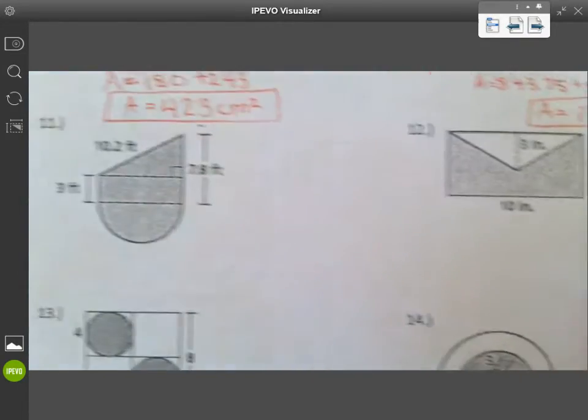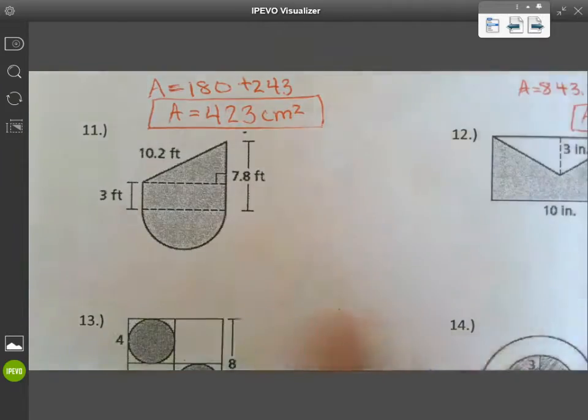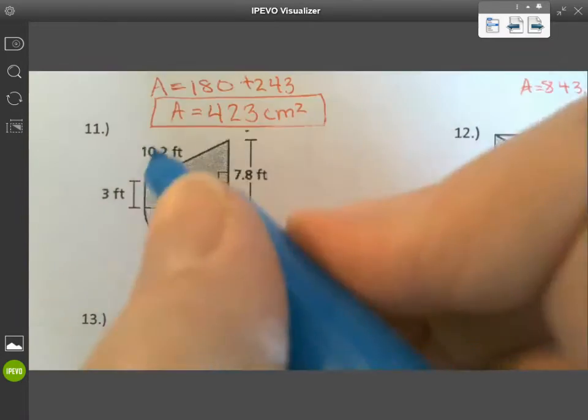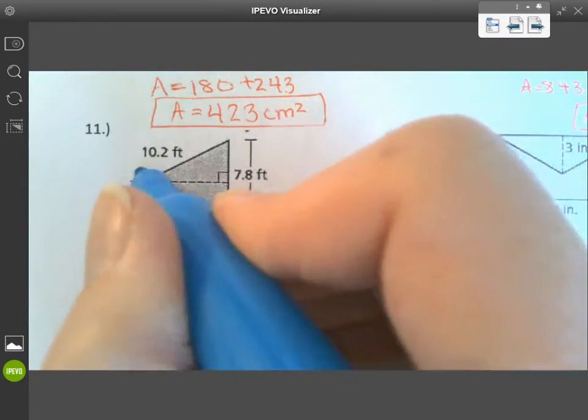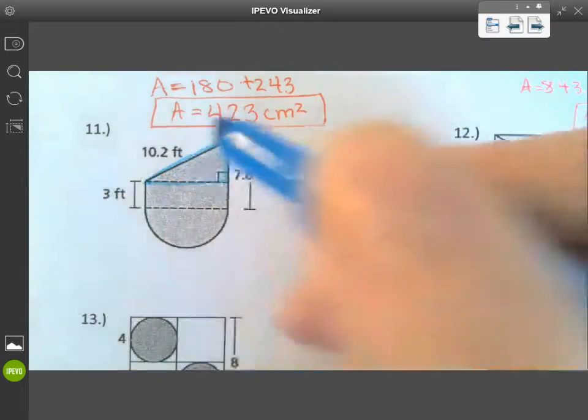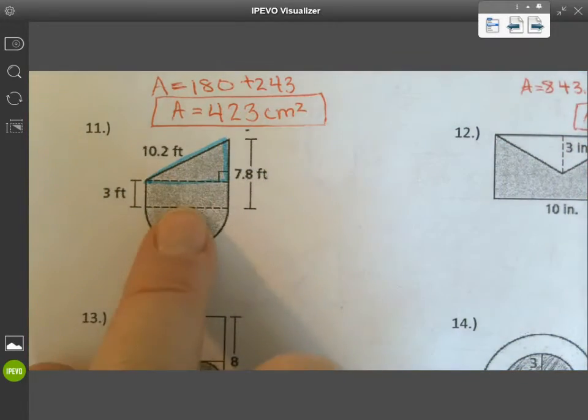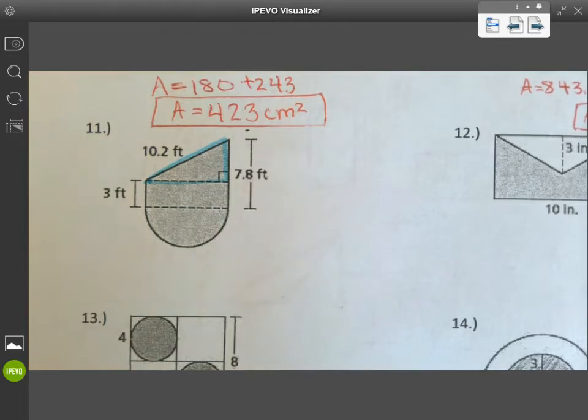So here's this next picture. There are 3 shapes in number 11. Can you pick them out? 3 shapes. They actually sort of helped you out. Do you see the triangle on top? Yes. Now, if they didn't give us these lines in the middle, I don't know that we would have enough